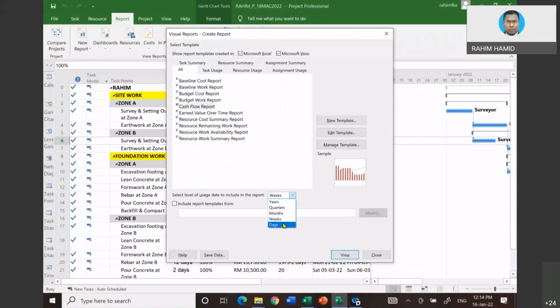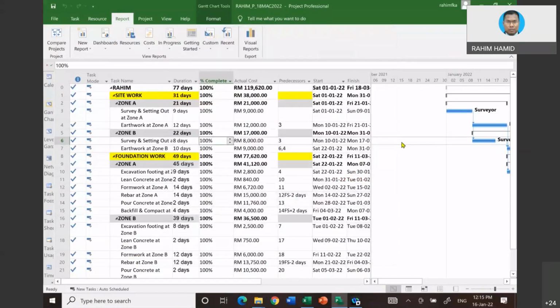Sometimes if the project is too small, it might not show in weeks, so better you use days. Then you click view, and it will draw for you. That is the S-curve. And the values are there already, which is similar to what we have. But the one that I showed you is more specific, in that we can generate values according to the time scale that we want